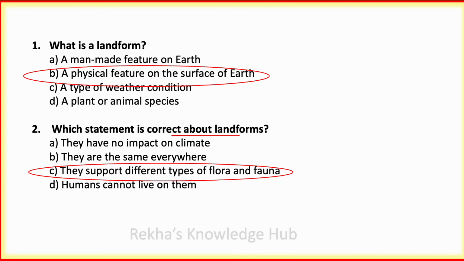Landforms support different types of flora and fauna. These landforms have different climates and are home to a variety of flora and fauna. Humans have adapted to all landforms, but the number of people living on different kinds of landforms varies throughout the